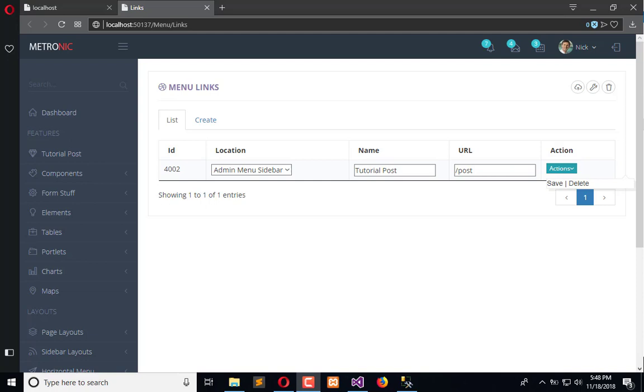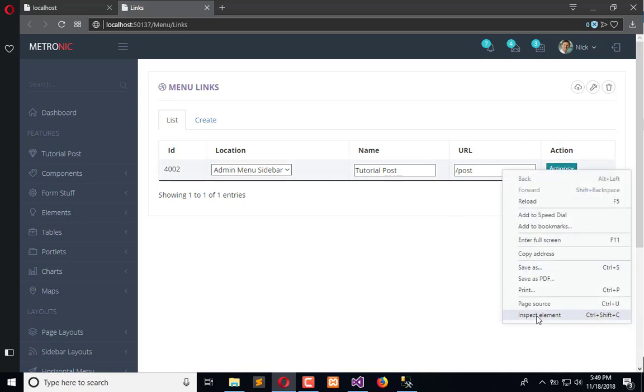In the previous tutorial, we made all the fields editable, and when we click on edit, we should populate save and delete buttons here, but it is not populating right now. So what we need to do is traverse its location and then populate the new design within this action button. And for that, first of all, we will inspect this